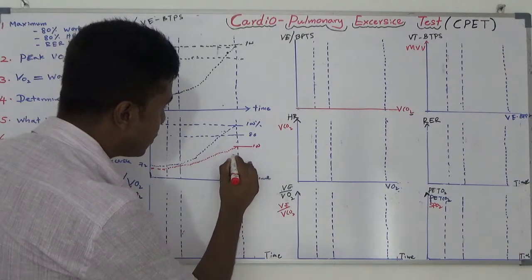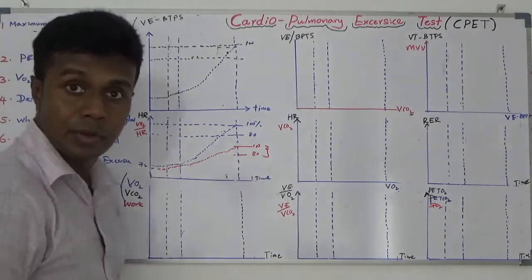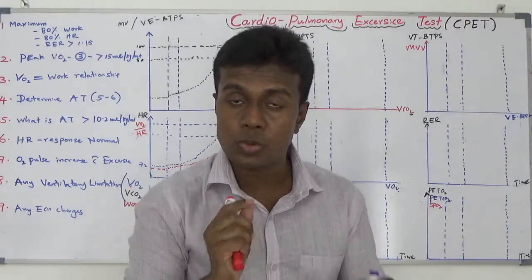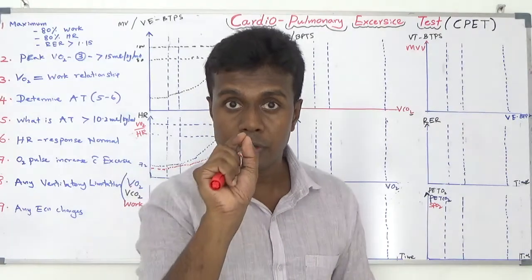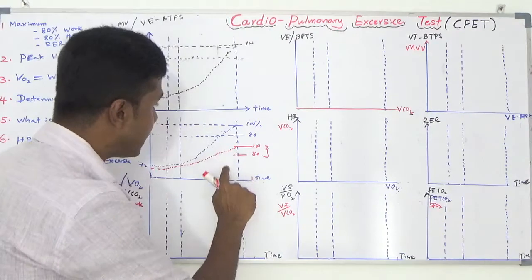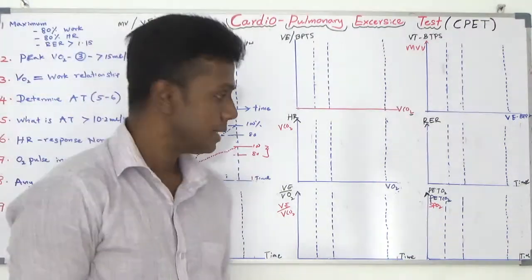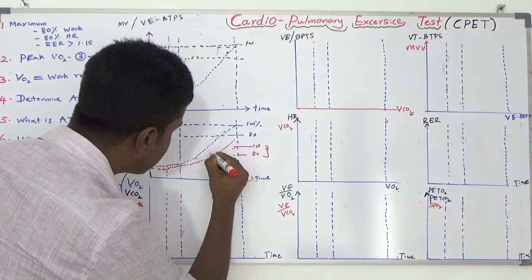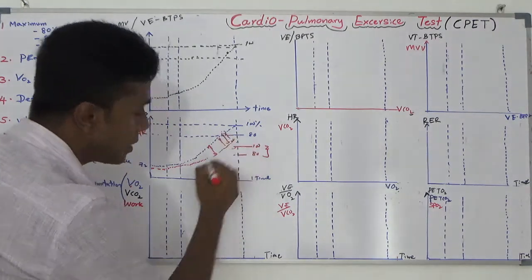This is 100% value, this is 80% value. Your O2 pulse, oxygen pulse, should be machine calculated 80 to 100% value. If it is between 80 to 100% value, you can say your patient is normal. Your heart rate increment and oxygen pulse increment should be parallel to each other if you are perfectly